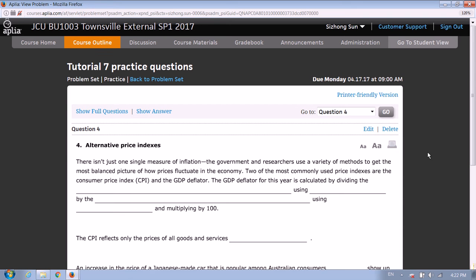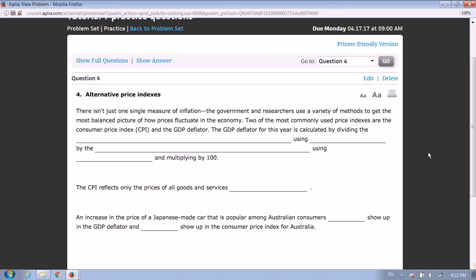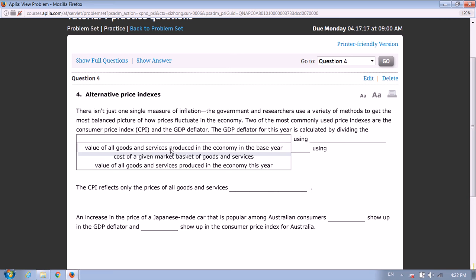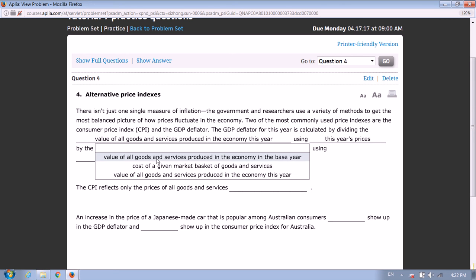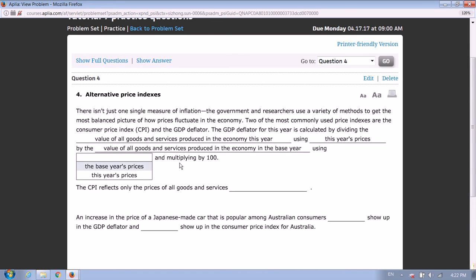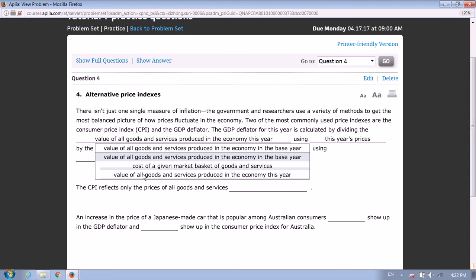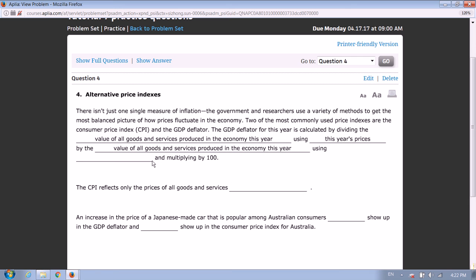The GDP deflator for this year is calculated by dividing the value of all goods and services produced in the economy this year, using this year's price, by the value of all goods and services produced in the economy in the base year,